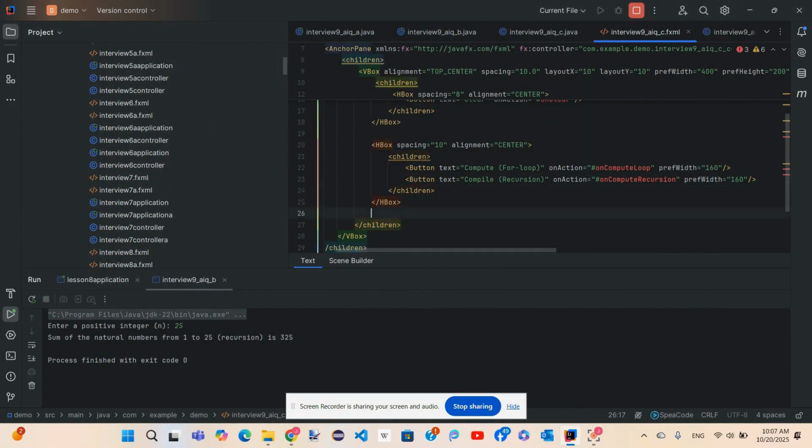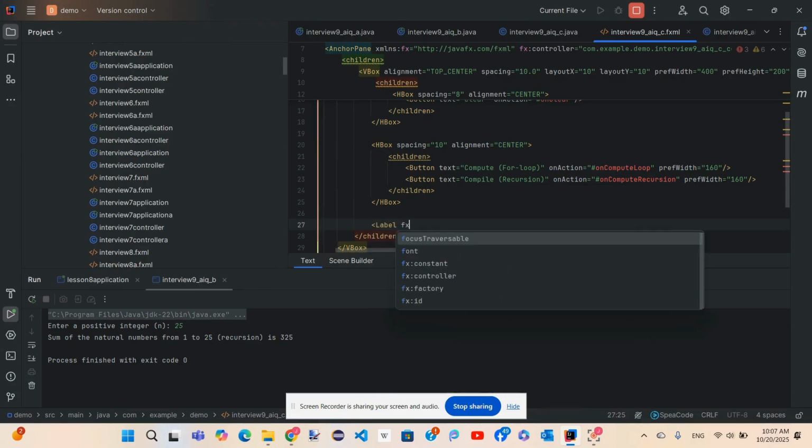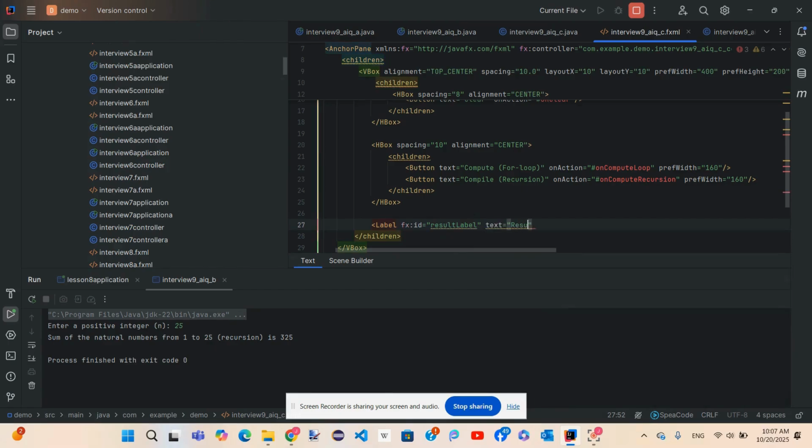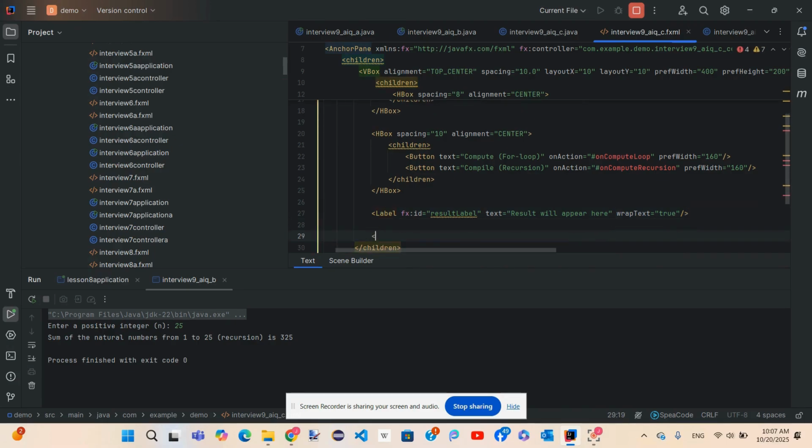Children: HBox, label fx:id result label, text "Result will appear here", wrap text true. HBox spacing, alignment center.